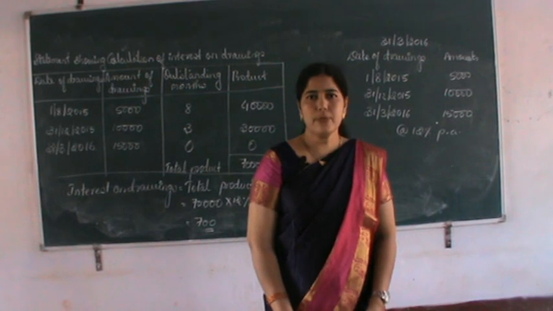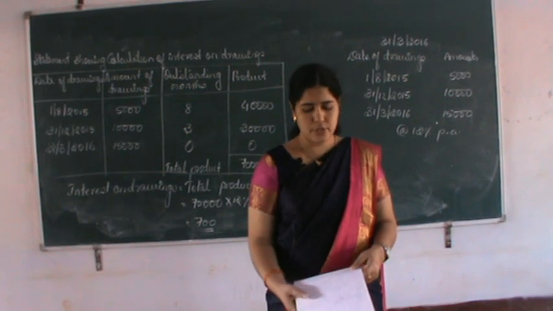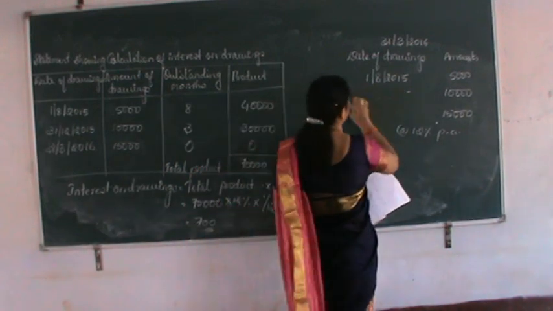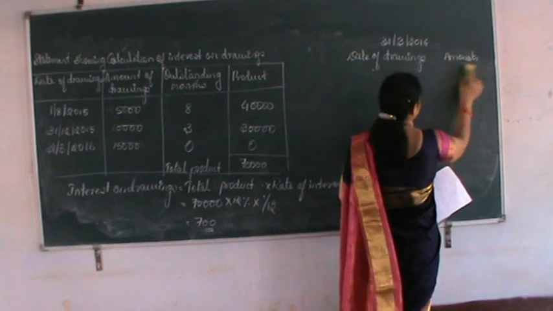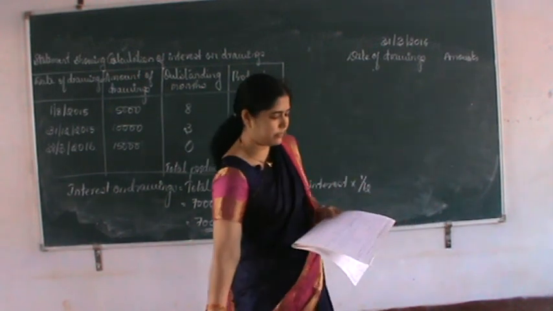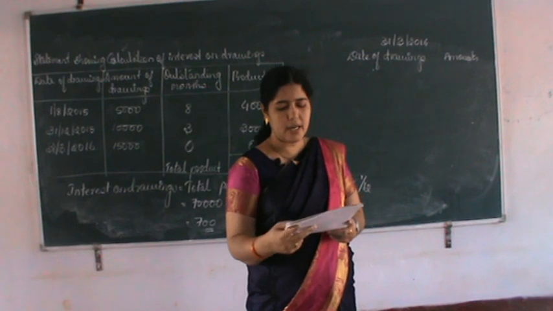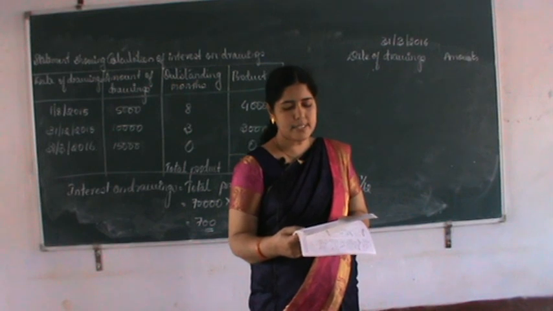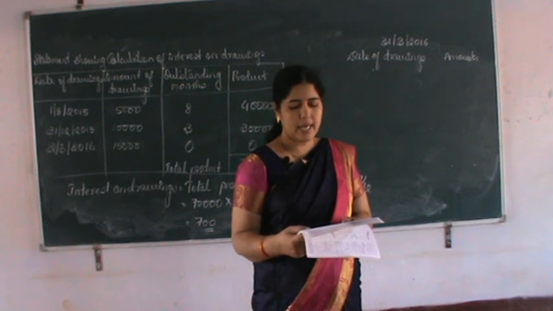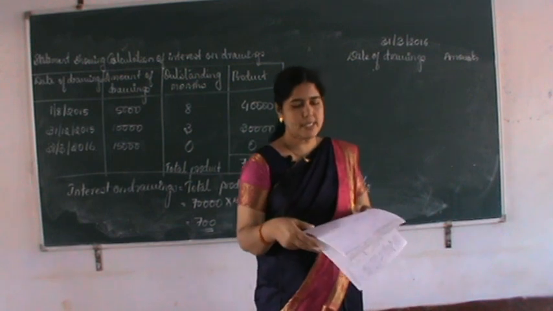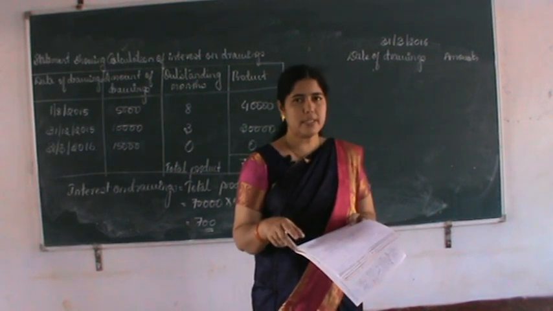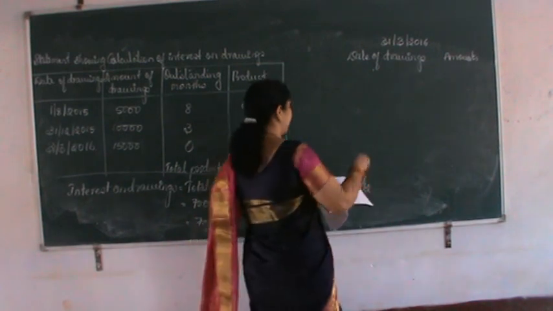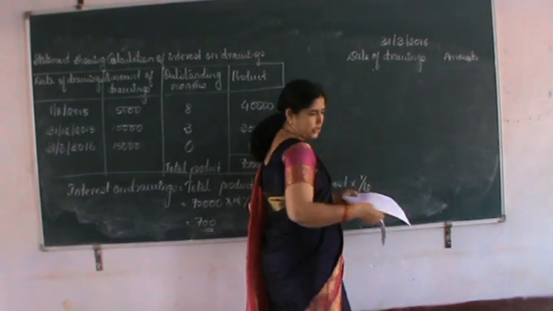That problem will also be given in the notes and in the description box. Let us see what is given. Sahana and Sania are partners in a firm. Sahana's drawings for the year 2016-17 are given as under. There are two partners, Sahana and Sania. Among these two partners, only one partner's drawings are given, that is Sahana's drawings. So, first drawing.